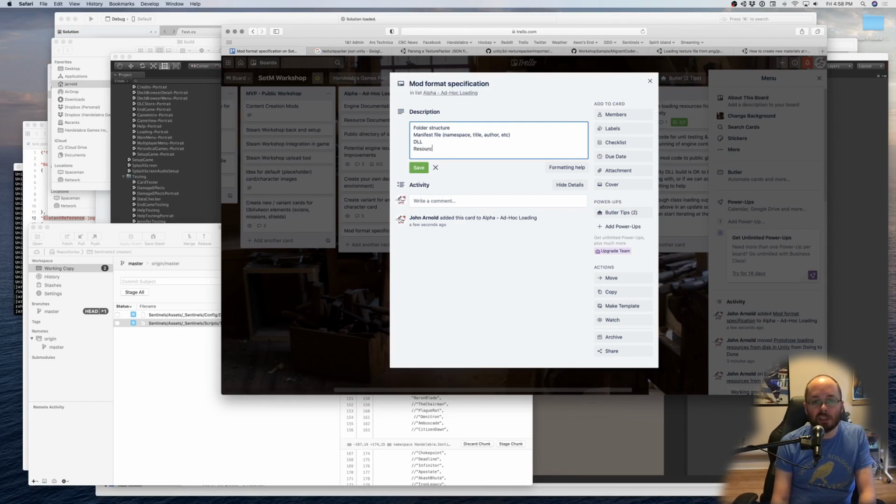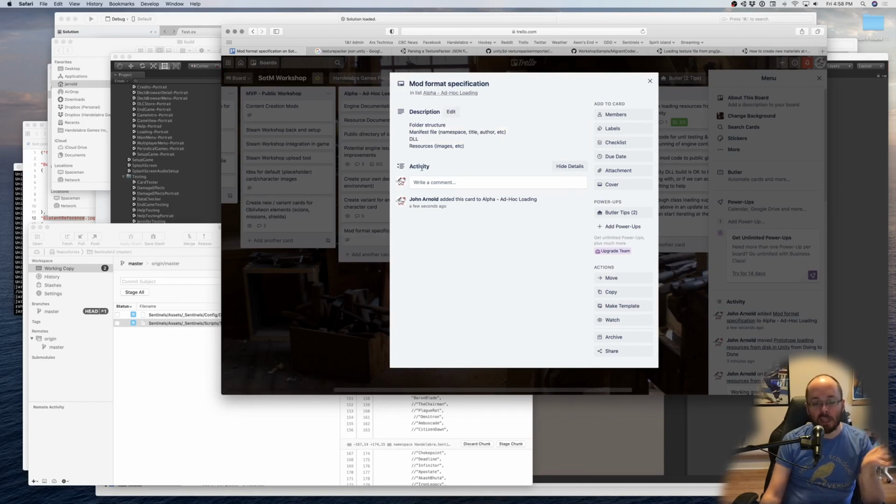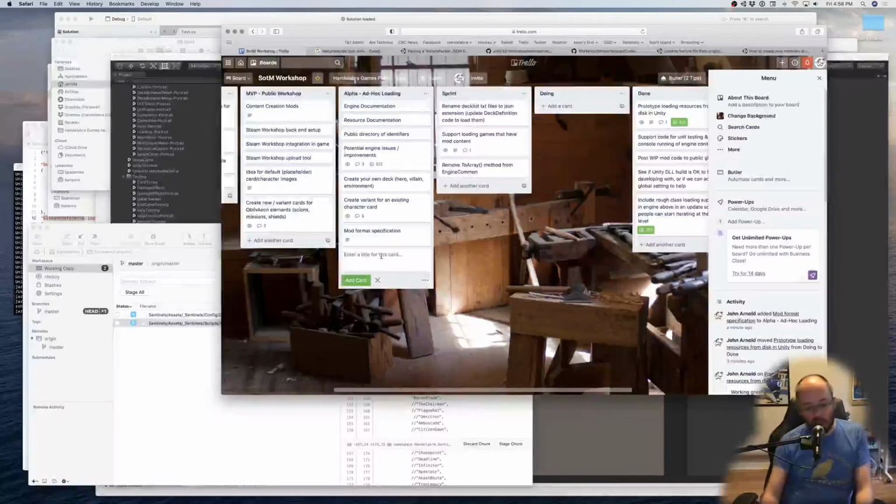DLL, resources, images, etc. So this needs to be specified and documented. To make a mod, make this folder structure and files in these places with these names, depending on what they are, and zip that up, and that's your mod, right? And then Steam Workshop will download that, or if you're doing an ad hoc way, any folder inside a folder called mods will automatically get loaded by the game or something like that. That might be a way to do it, is just ad hoc mod loading from